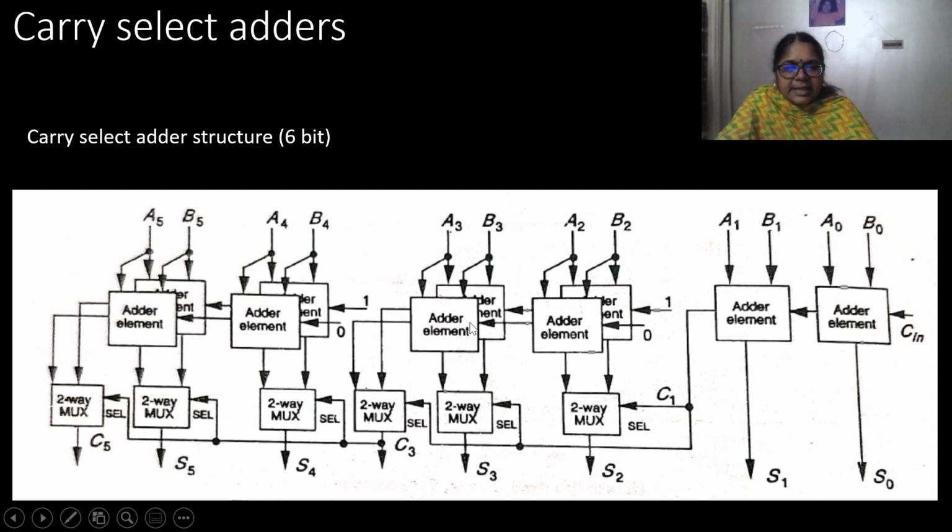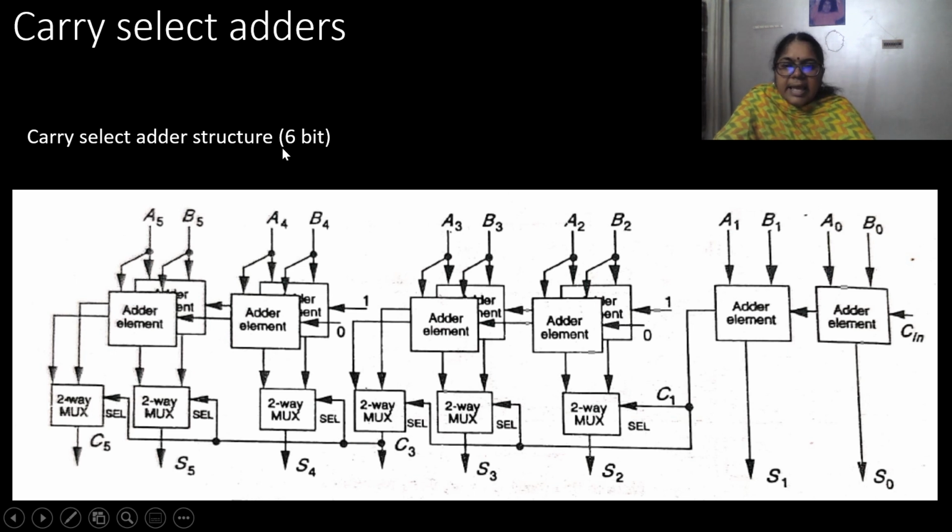Similarly, you can see this adder element A3, B3 are given as the inputs to both these adder elements, to which the carry is 0 and 1 respectively. Once again, you have a multiplexer to which C1 is given as the select line. And we make use of another 2:1 multiplexer to get the carry. That is, the carry generated is going to be given, so that the multiplexer is going to select the value of C3. Now you can see this C3 act as a select line to the next set of multiplexers, that is next block of the adder circuitry.